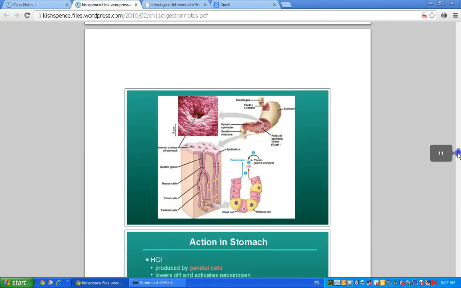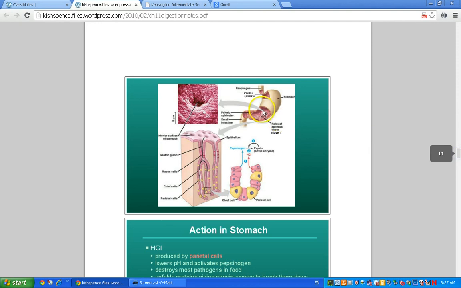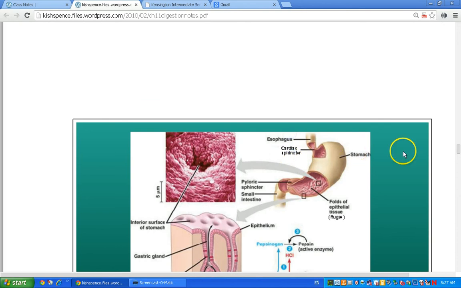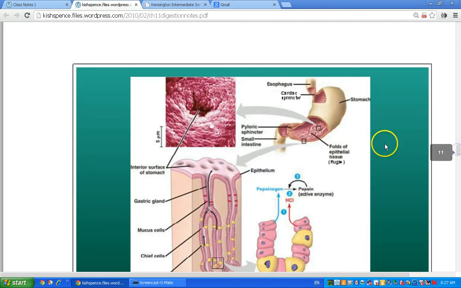This is a close-up. So it's showing, here's the stomach. Let me see if I can zoom in. Okay. So there you can see the folds. So those are the rugae that allow it to expand. There's the pyloric sphincter and the cardiac sphincter or lower esophageal sphincter or valve. Okay, if I take a piece of the wall of the stomach and I blow it up, then this shows